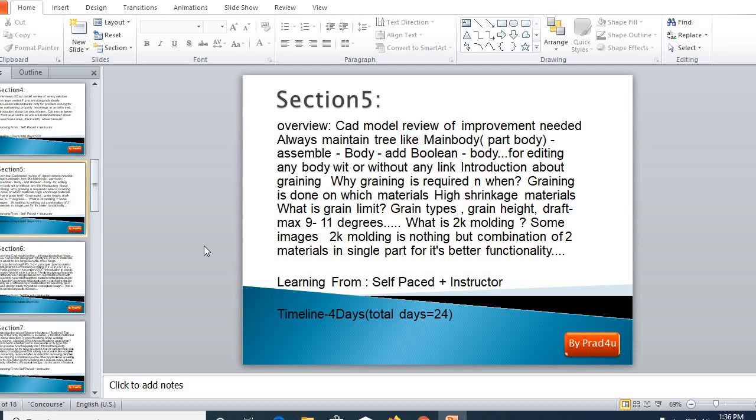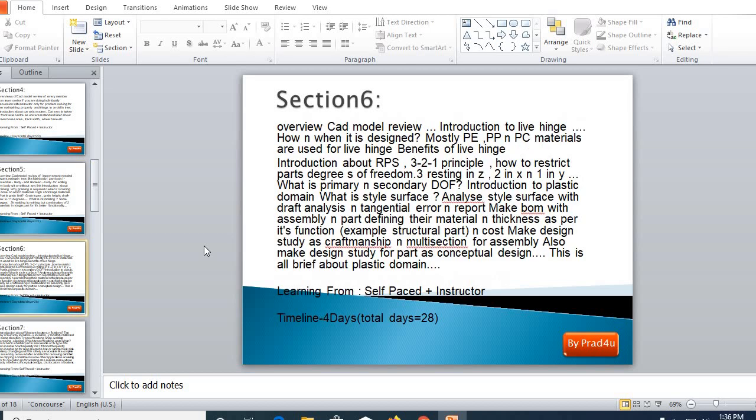So this part is self-paced, plus you need some mentor for assembly and some theoretical knowledge also, because 2K molding is somewhat an advanced concept nowadays, and for this section I think you need 4 days. So, next section. Now you have to review what you have done with the CAD modeling or a CAD part, and